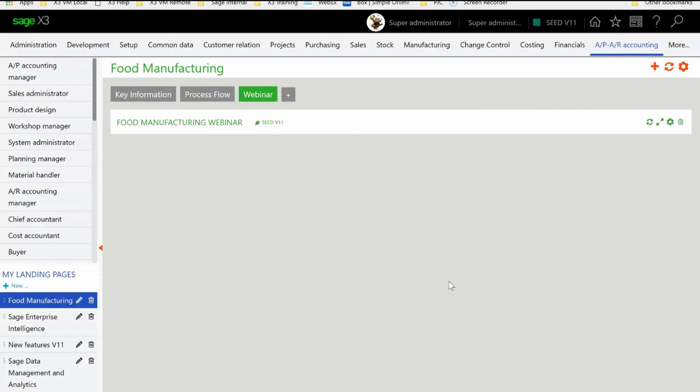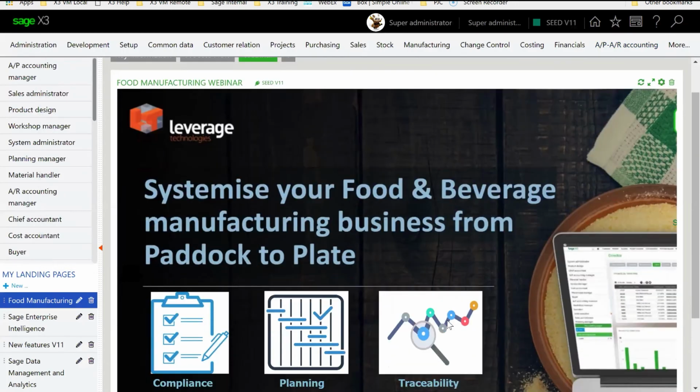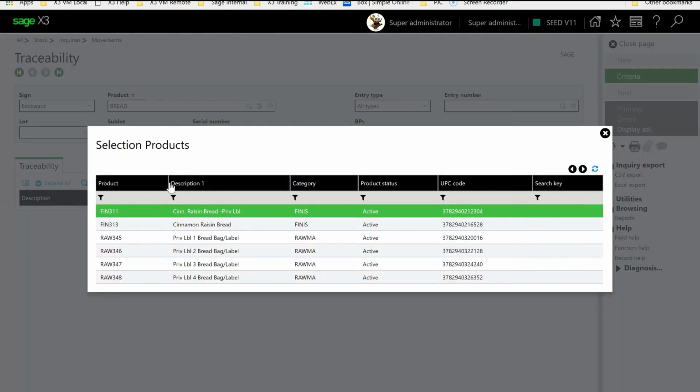Okay. The last aspect was traceability. So let's have a look at that. So we are using a number of ingredients. We put together finished goods, and all that is meant to have batch or lot numbers, expiry dates, etc. And I want, in the next couple of seconds, to demonstrate what's going to happen in terms of